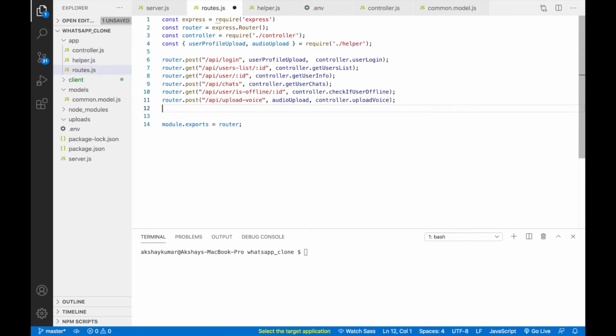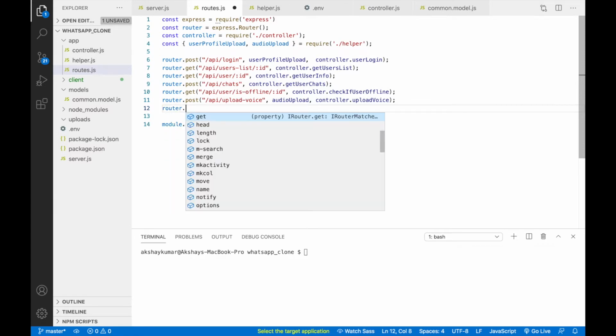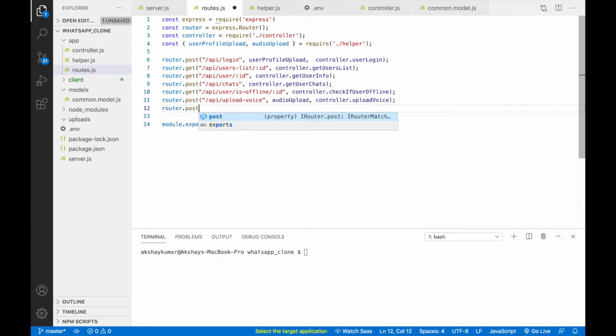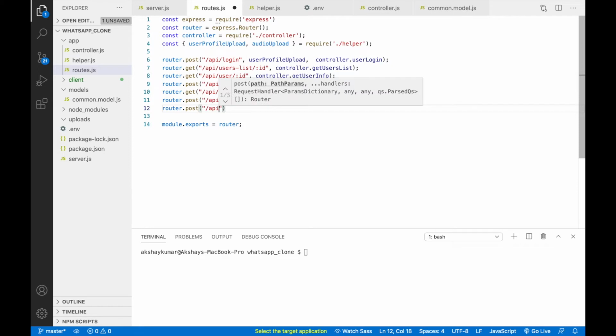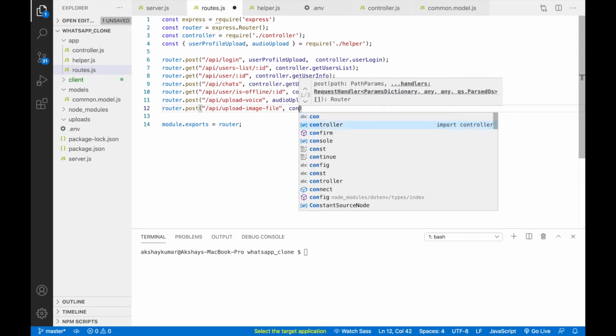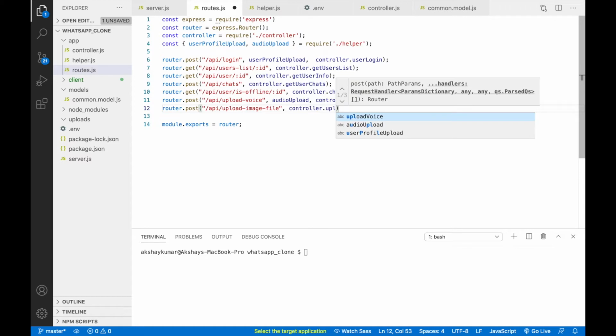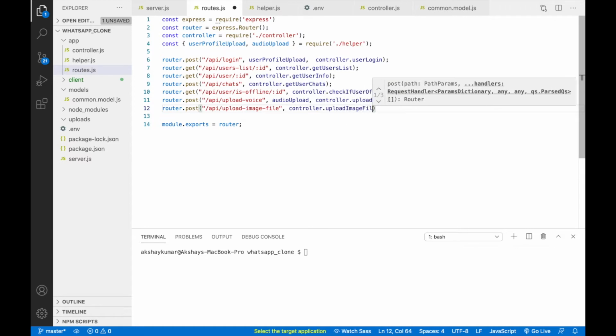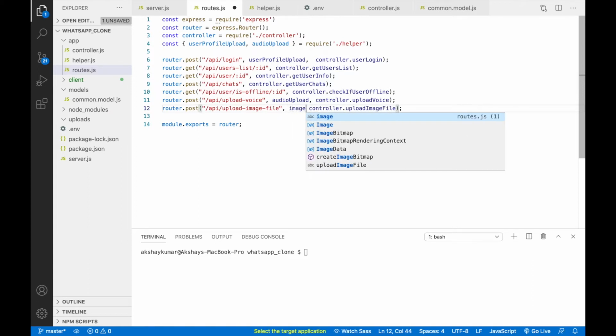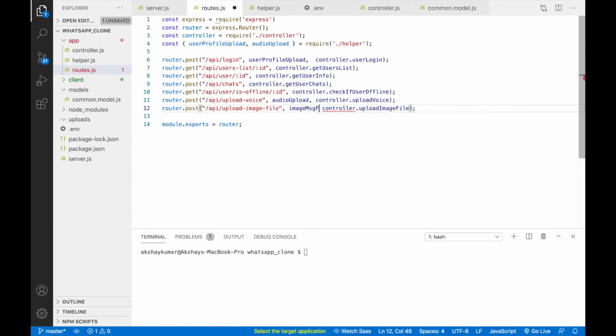Now the last API, router.post /api/upload-image-file. So here the controller method will be uploadImageFile. Okay, so here also we need a middleware and the name will be imageMessageFileUpload.